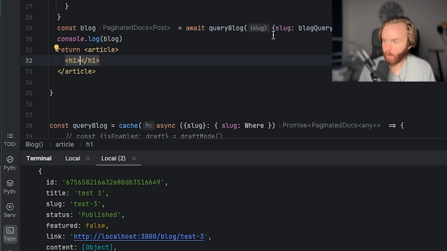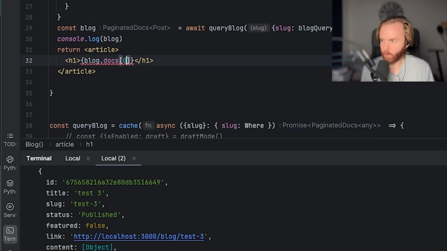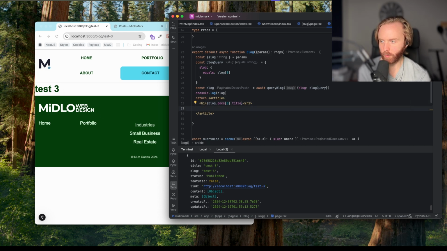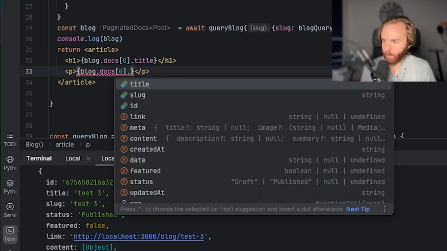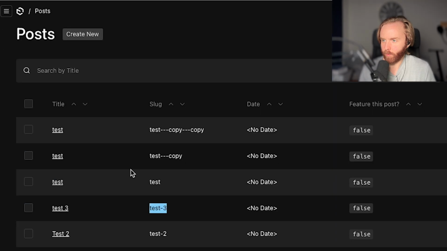So here we can do blog.docs[0].title. And then we can start there. If I refresh, I see test3 as my title. And so say I want to include our date. So I'm just going to do a paragraph, and we're just going to set it to be blog.docs[0]. I should have a date field, but I don't for this blog. So what I'm going to do is just use updated at for now,